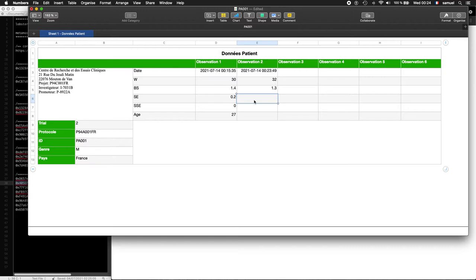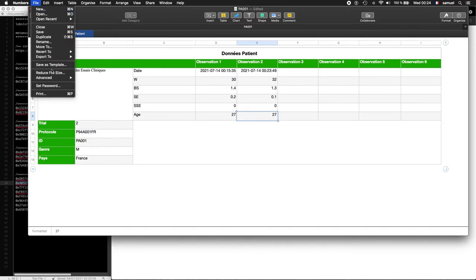The side effects, yes, we observe some side effects, but the value is so small, so there are no serious side effects. So we put 0 here. The age is 27. And now we can save the file or export it as an XLSX file, etc.